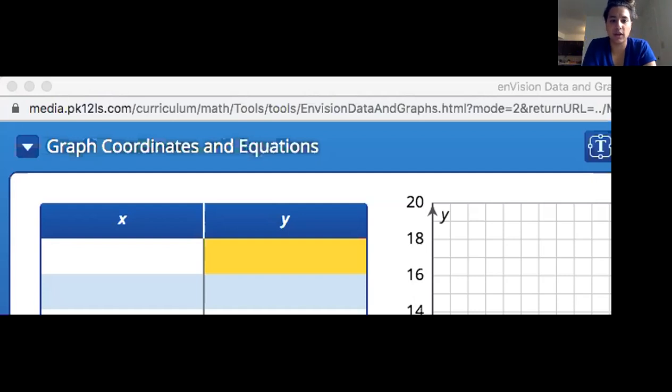So regular muffins, the rule is to add 6. Okay, and I'm just going to put that here. So all we're going to do is add 6 because each box has 6 muffins in it. So 6 plus 6 is 12. Okay, 12 plus 6 is 18. 18 plus 6 is